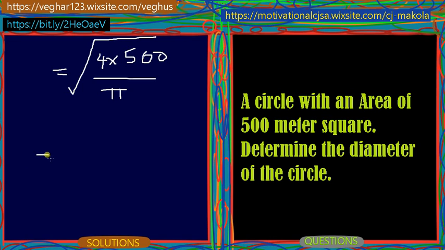So this one you will have something like 4 times 500, it will give you 2000, and when you divide it by pi,